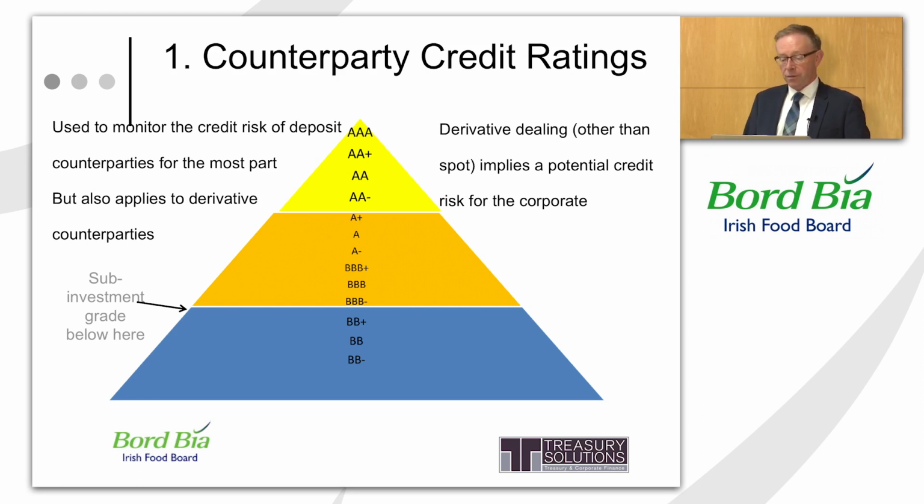First of all, if you have cash and you're putting it on deposit with a bank, you should be aware of what the credit rating of that bank is. The other thing I should say is that the lower your credit rating as a bank, the more you should offer in interest rates, because it's a risk-reward trade-off. Banks that have a AAA rating would really pay no interest, you would expect. Banks that have a BBB minus would have to pay some level of interest to attract deposits in the first instance. But from a currency perspective, you also need to look at this because you have a hedge with a bank.